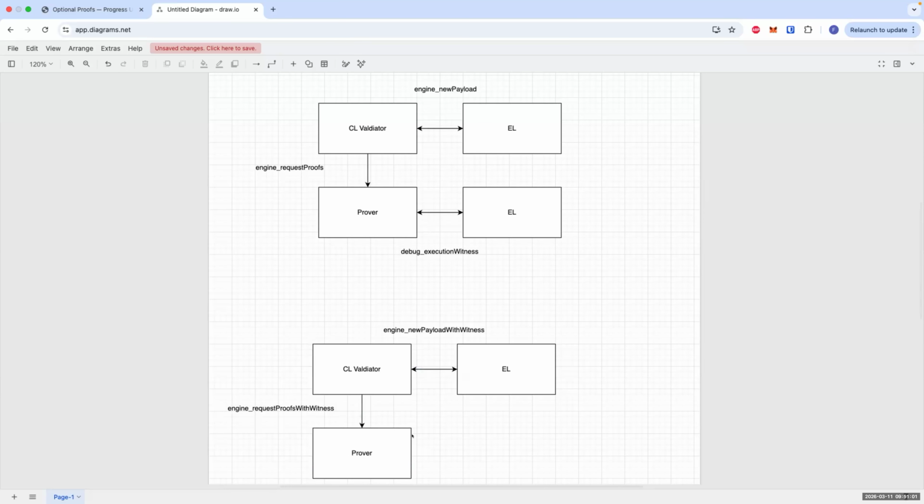So in this construct, the prover can be stateless, which is a pretty nice property. There's still some open questions because we don't know if we're communicating, worst case, on the order of hundreds of megabytes of witness data over the network between remote peers. It may not be efficient.